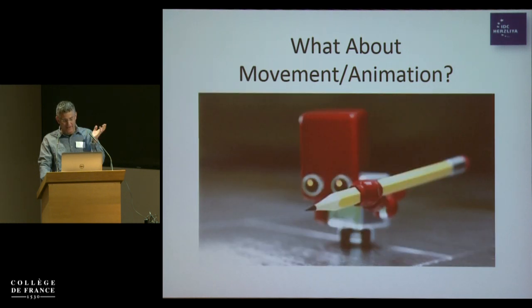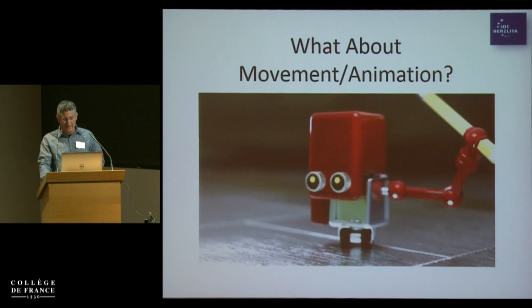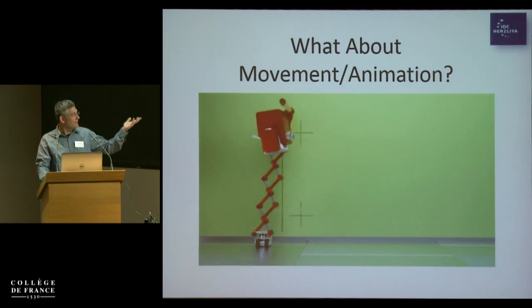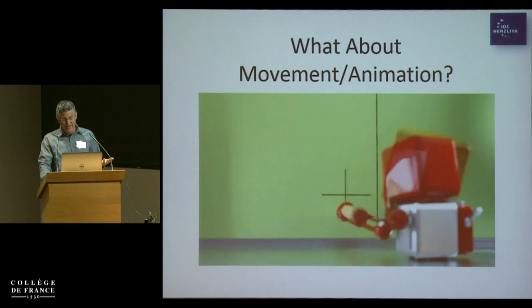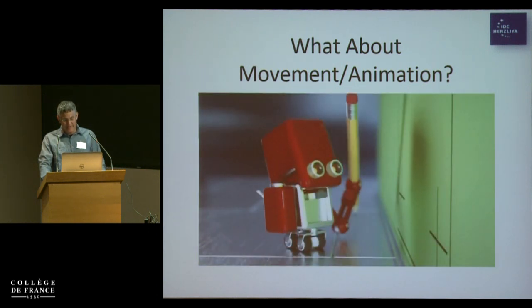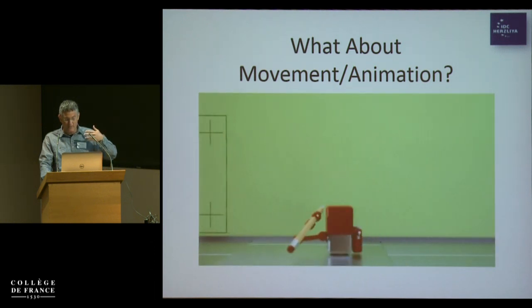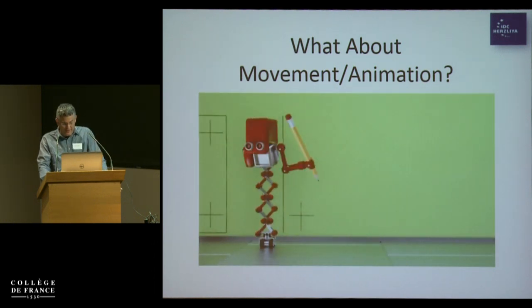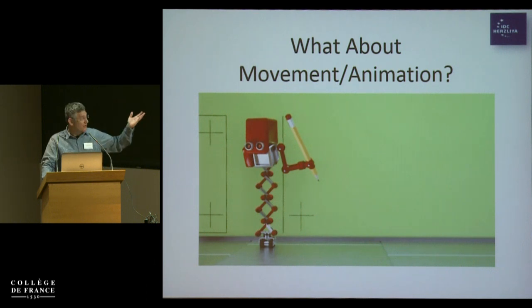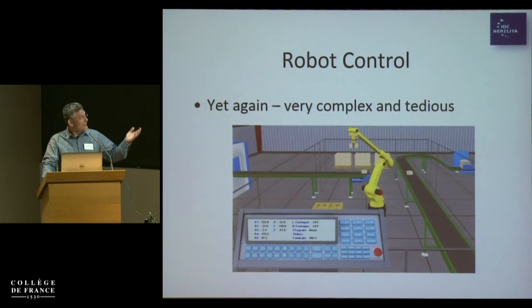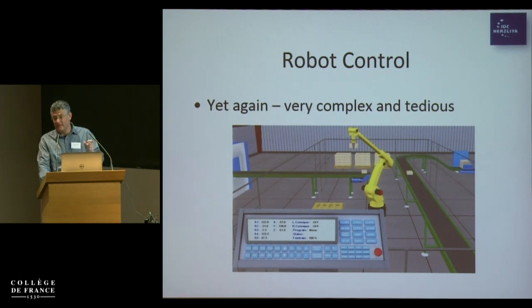It's not a real robot, but I like the animation because it shows the complexity of movements that can be done even with a very simple robot, right? And when you think about what is involved in really modeling the motion of the robot, there are numerous ways of defining these, both for animations and for real robots, but they usually look like this, right? They're complex: you have a control panel, you have functions, you have knobs and knots to change,